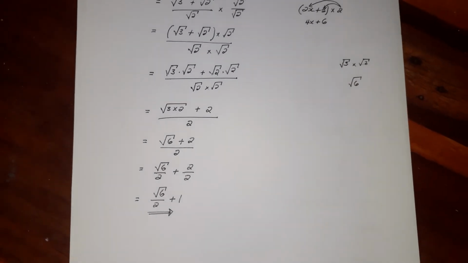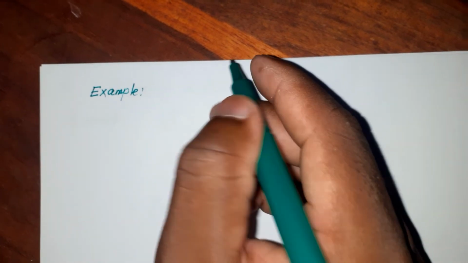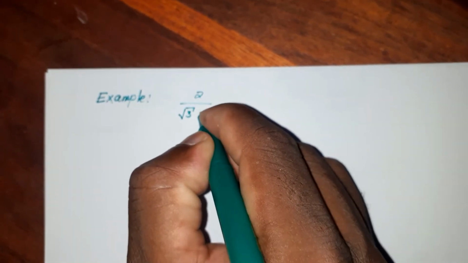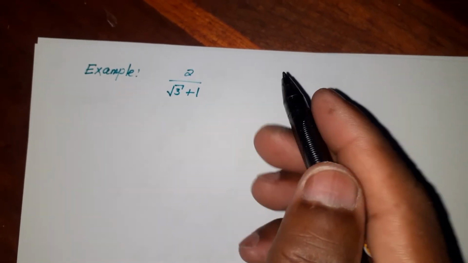Let's look at another example here. Let's say we have 2, we divide that by square root of 3 plus 1. Let's say we have that problem and we want to divide that by square root of 3 plus 1. Now this one is a little bit different from the previous example. However,